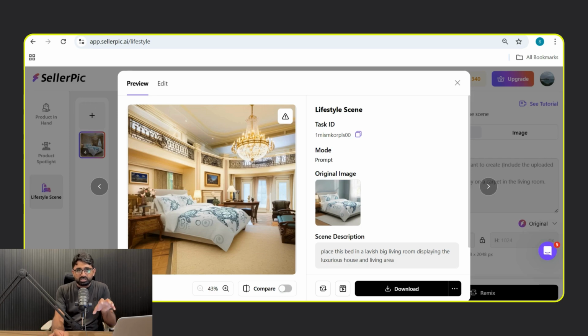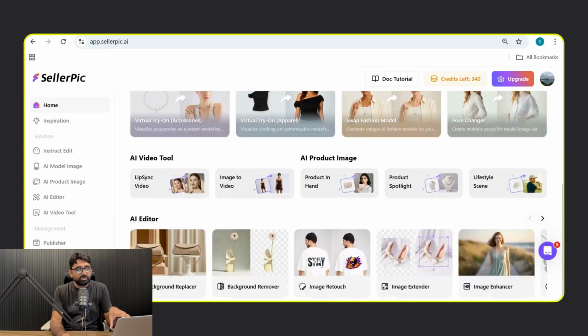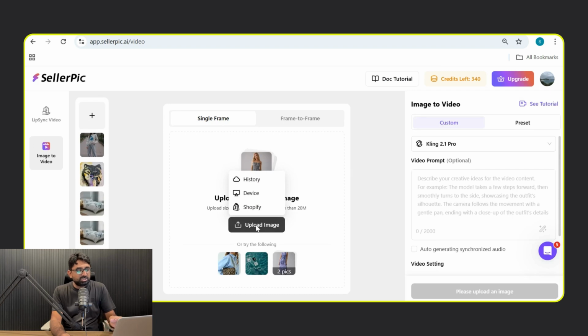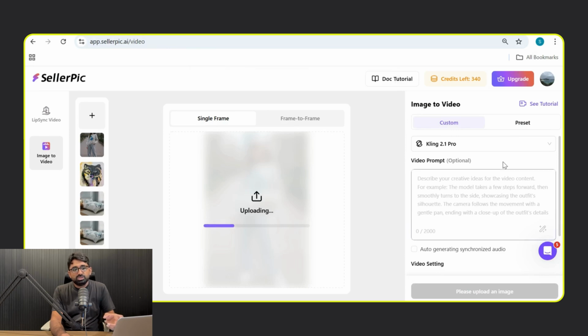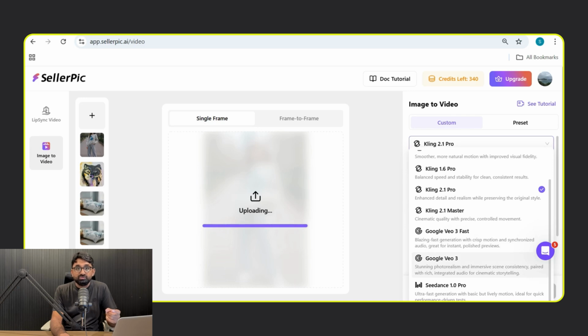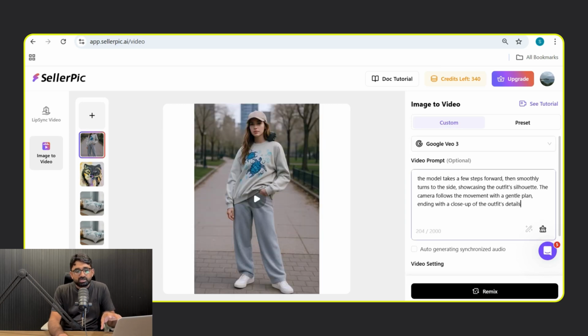Now let me show you how you can create the video of your product and how you can use that as a UGC. Just go into the image to video section, and then you can upload the image of your model here. Let's say if I want to use this image, I will simply upload it here, and after uploading the image, you will have to choose this specific option. In my case, I am going to use Google VEO 3, which is the best one to create videos of your products. After that you can enter the prompt. Of course it's optional. For example, I am going to enter the prompt: the model takes a few steps forward, then smoothly turns to the side, showcasing the outfit. The camera follows the movement,